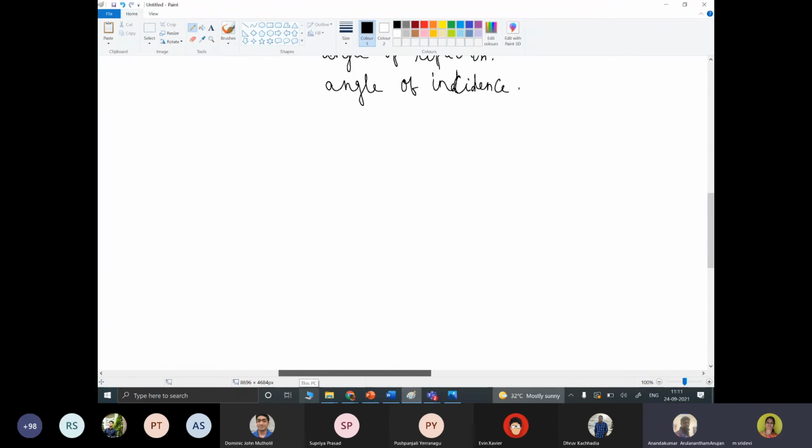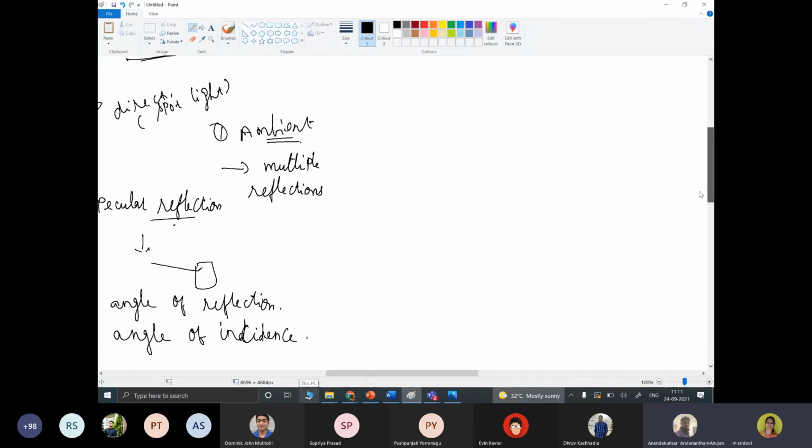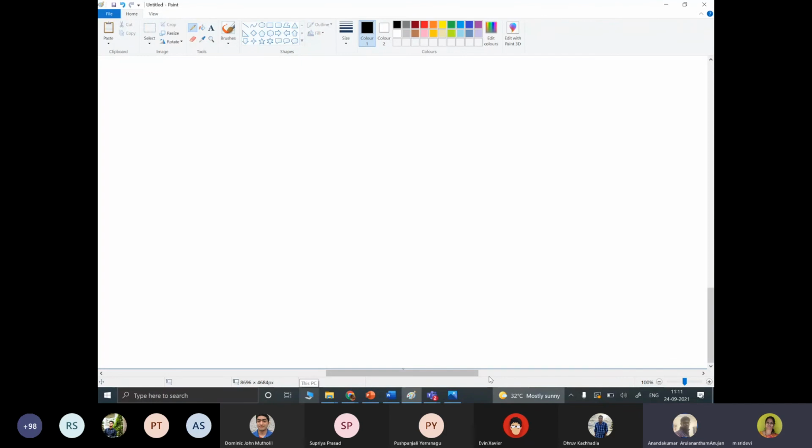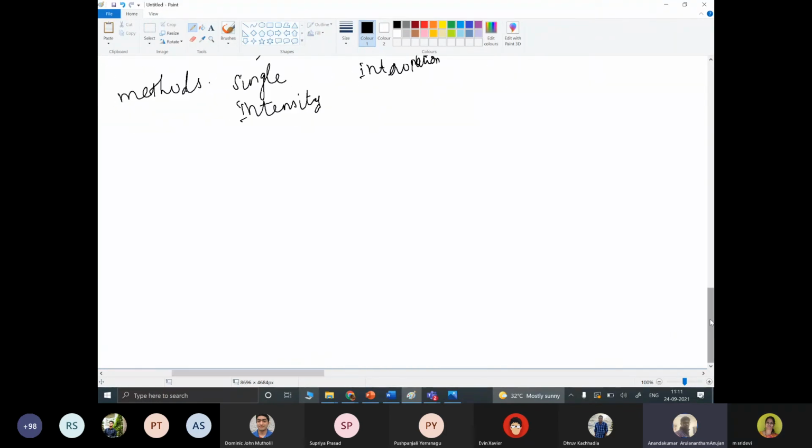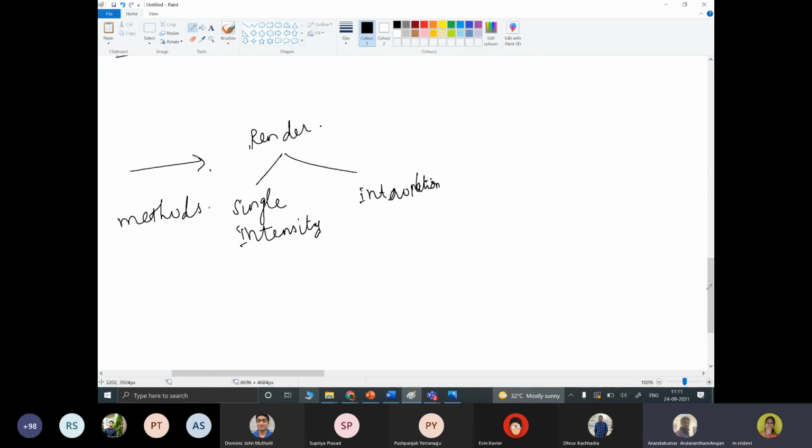Single intensity or the interpolation method. The single intensity, otherwise we can call it flat shading or constant intensity shading.